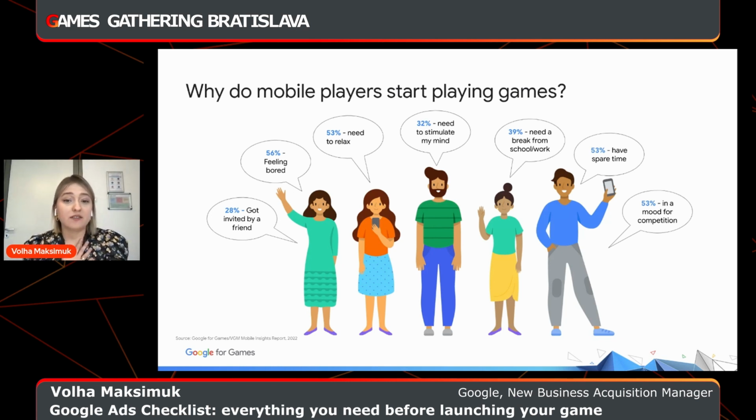Personally, as a player myself, I am always playing on my phone when I'm commuting or traveling. There are a few games that I'm playing just because my little sister wants me to join her on a quest, or my mom needs an extra life in her farming app. Whatever it is, the point I'm trying to make is, as soon as you understand where your game comes in handy to your player, you can also use it in your marketing strategy. So understanding why your players are playing your game is quite crucial for you in the very beginning of your journey.